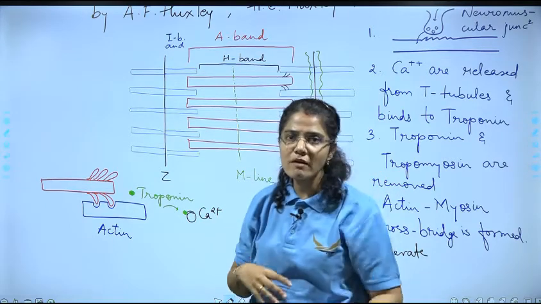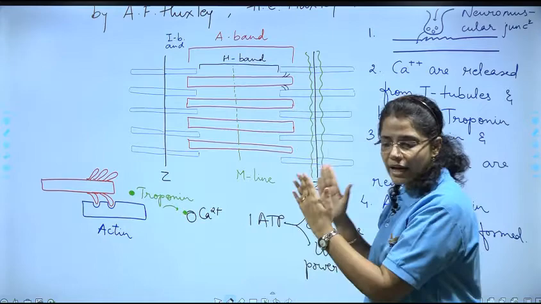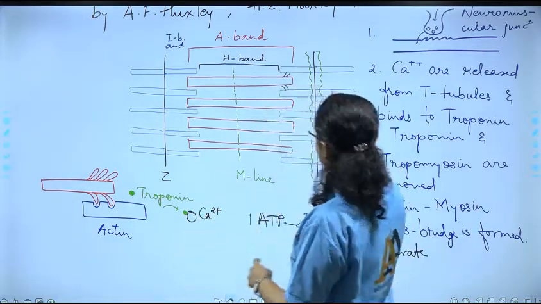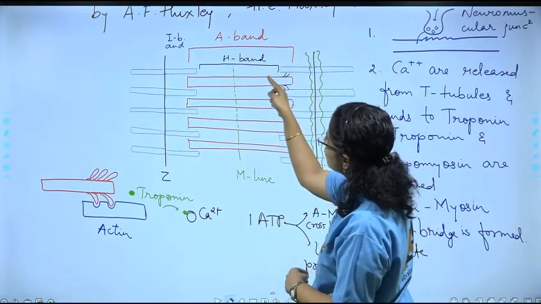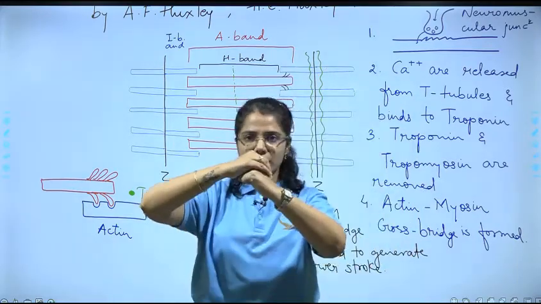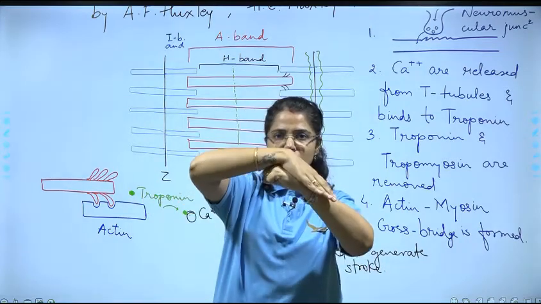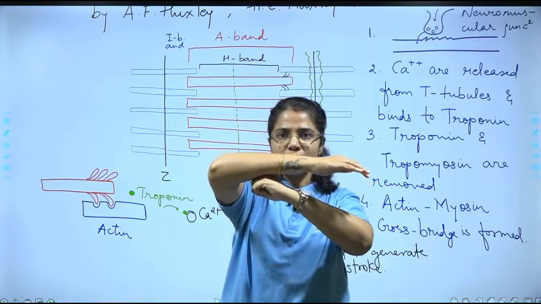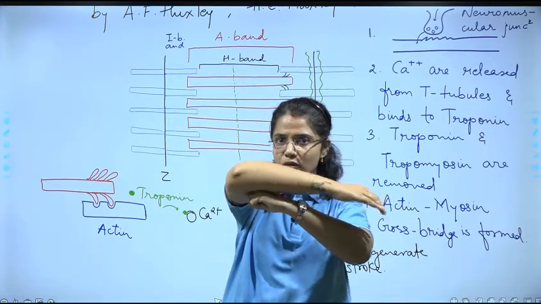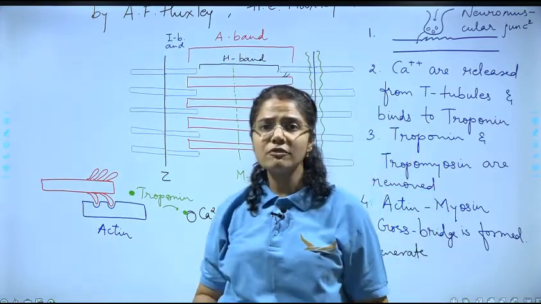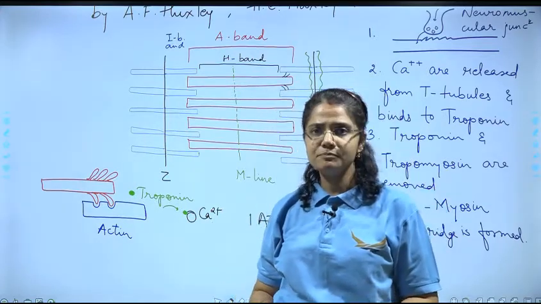So this is what a power stroke is. This is how the actin filaments will be pulled inwards, and hence we can see what this actin is sliding over, right? This actin, what we just did, is sliding over. What is happening? Every time myosin is at its own place, but the actin filament is sliding over, and hence this is called the sliding filament theory, right?